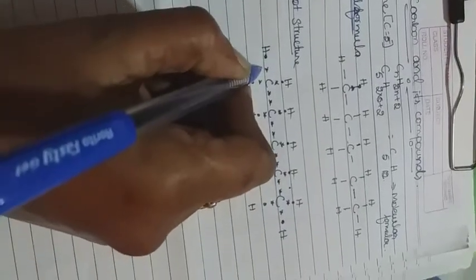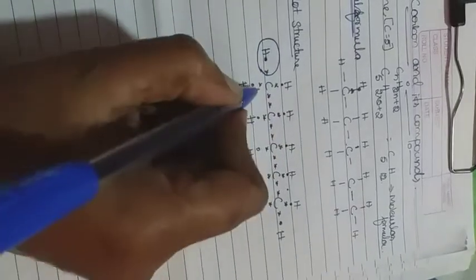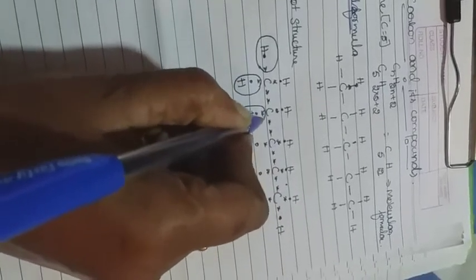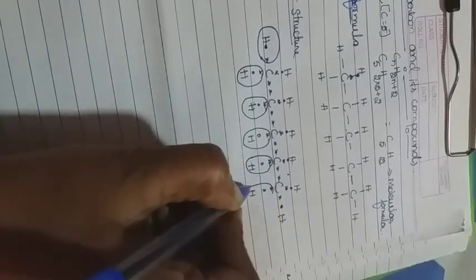First you have to round up for the hydrogen. Hydrogen is paired with one carbon electron and one hydrogen electron, meaning one star and one dot. First you have to round up completely, including a star and a dot. The round up is very important, because hydrogen is paired with one star and one dot. That's why I told you again and again that the round up is very important. Many of you get confused here, but keep practicing, everything is very easy. Start practicing again with the first hydrocarbon, methane, which is easy.